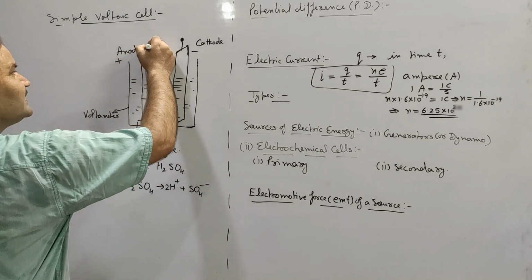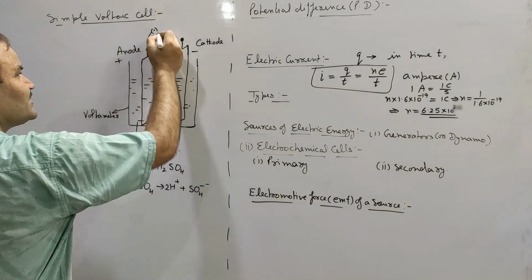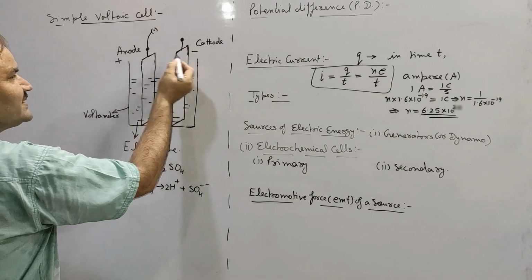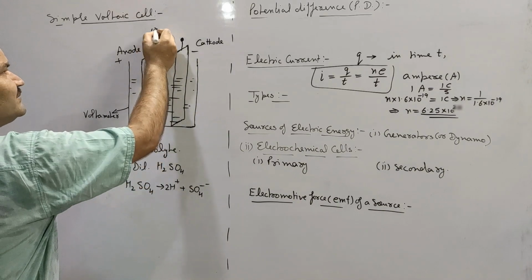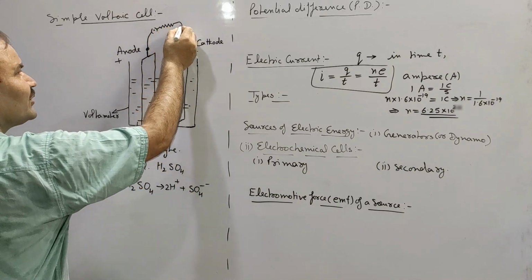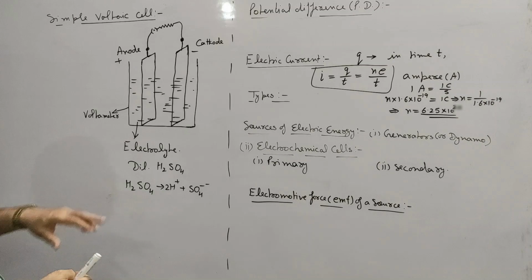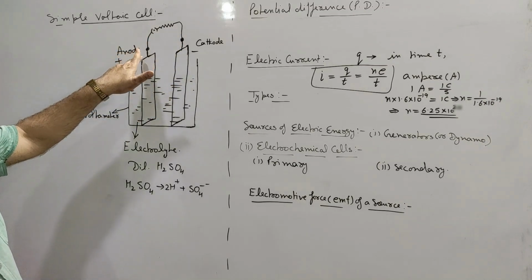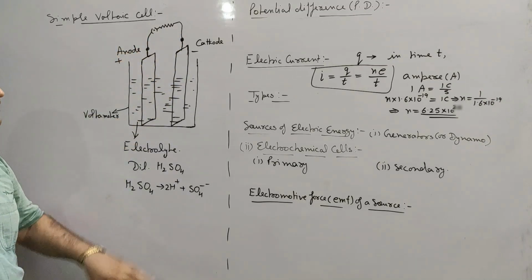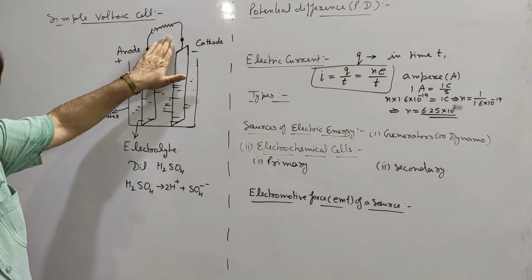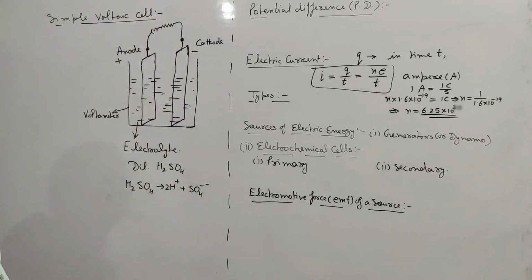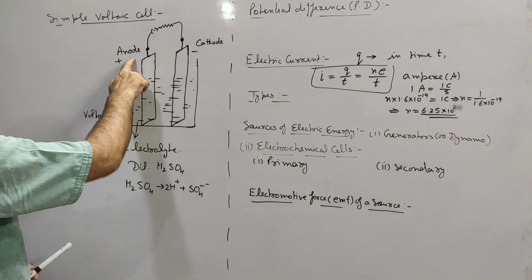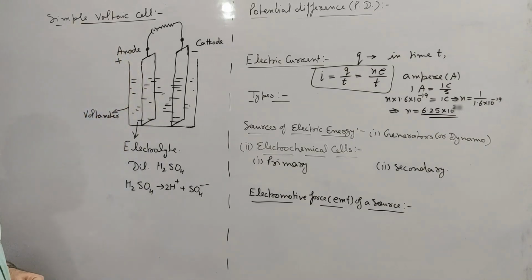If we connect a circuit across these two terminals, that is anode and cathode, which have a potential difference across them, then on closing the circuit, electrons will begin to move from cathode to anode, because in metallic conductors electrons are the only charge carriers. So electrons will begin to move from cathode to anode, and here if we are talking about simple voltaic cell,